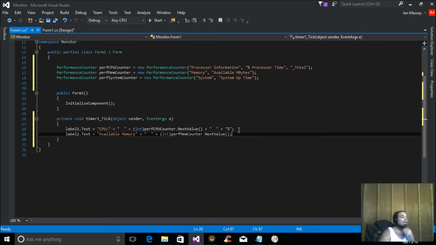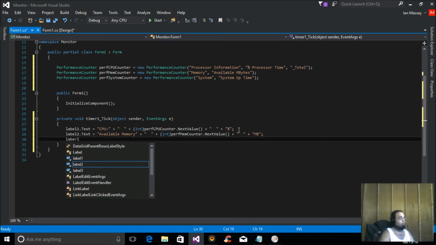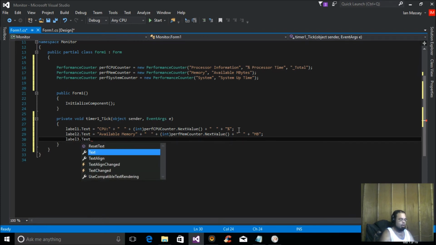Now the int is going to make it into a whole number, and so we want to recognize what it is. So we're going to put our quotation marks up as usual, and then come back over and put quotation marks again, and then put MB for megabytes. Then we're going to come back down and do label3.Text equals, and then system uptime,